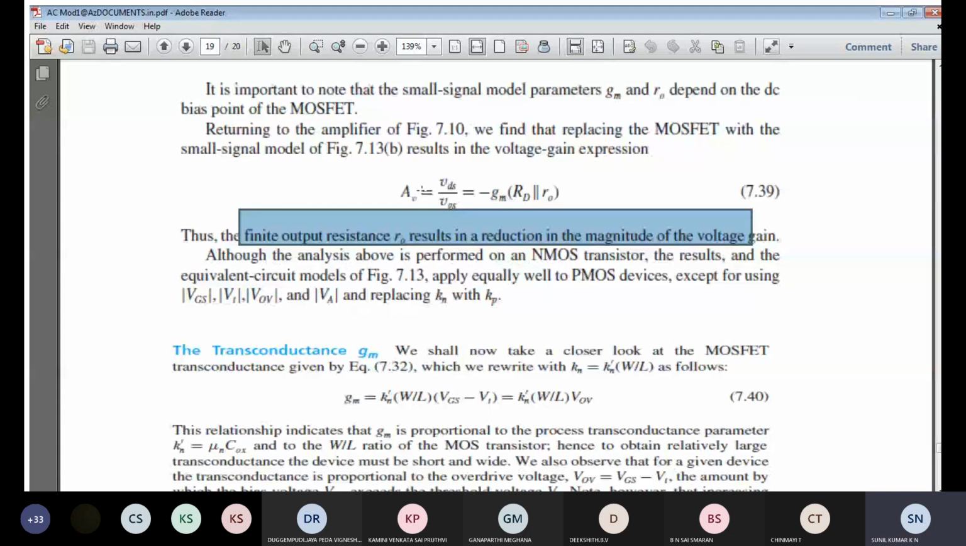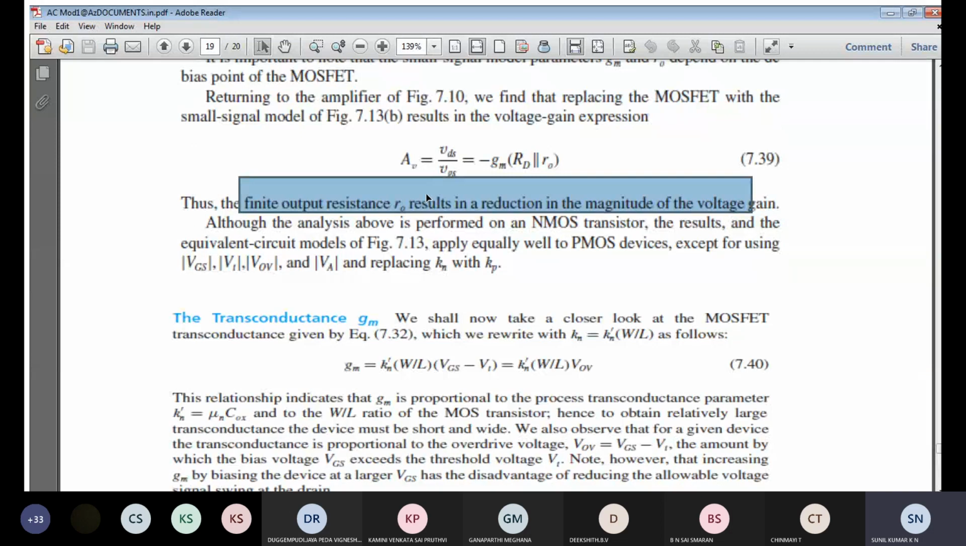So once the small signal voltage gain is done, next we are going to move to the next topic, the transconductance. We have already found out what we mean by transconductance. In this we are going to obtain the different relations, that is, how you are going to find the different expressions for transconductance. So we shall now take a further look at the MOSFET transconductance, which can be written as,